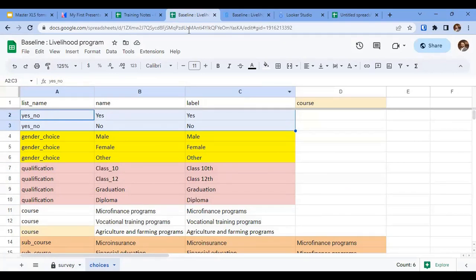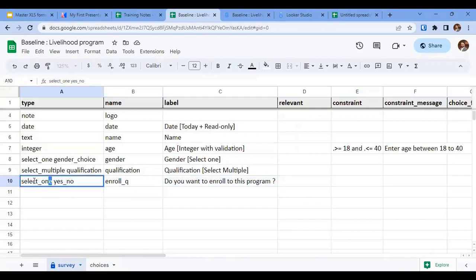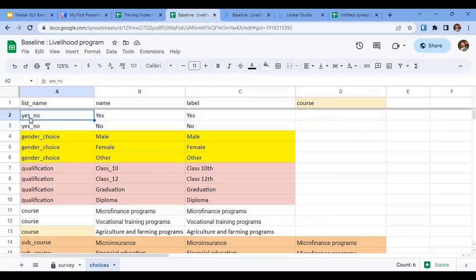One very interesting thing that I would recommend is that whenever you're creating this particular XLS form, if you have one select question, like select one underscore yes and no, here you're telling the system to select one option from yes underscore no, correct? And then you're telling the system, please go to the choices. Under choices, go and look for yes underscore no and just display the ones that are there. If you have a similar yes and no question maybe 2 or 3 more times during your form creation,